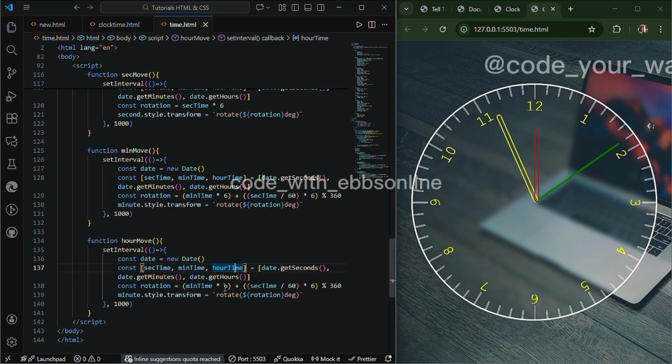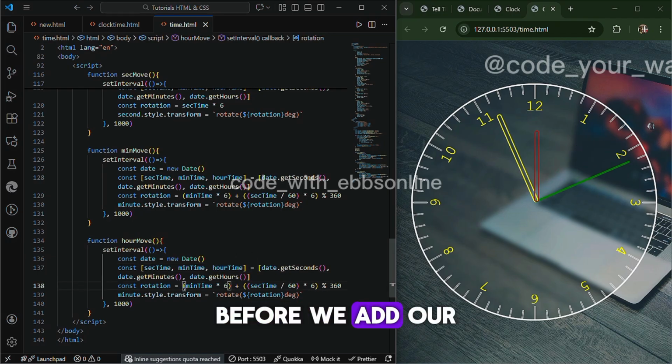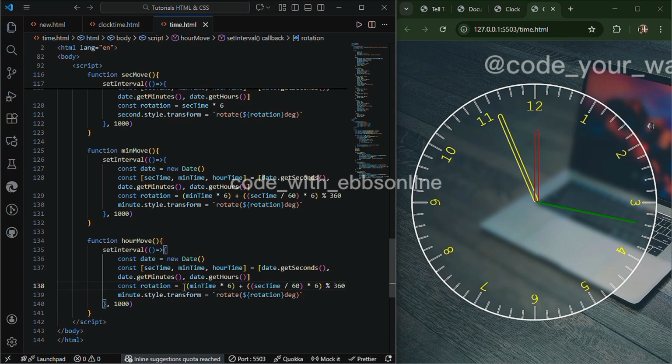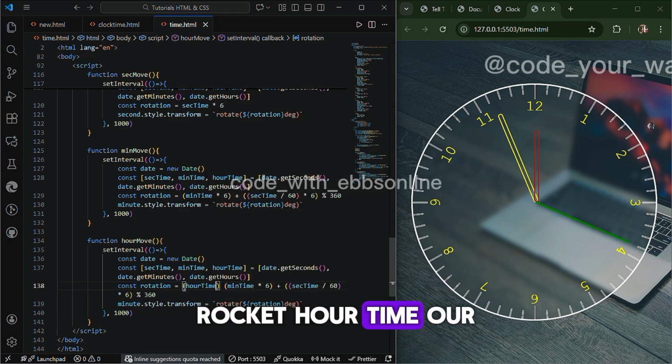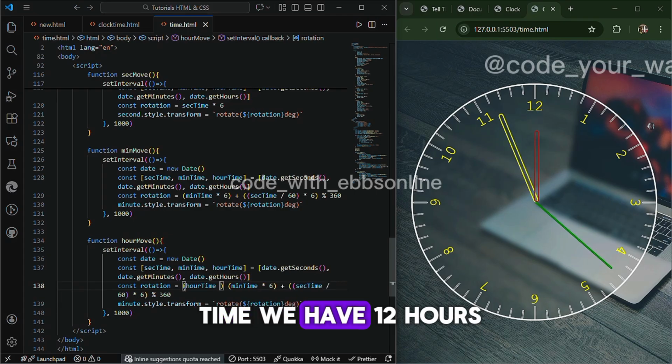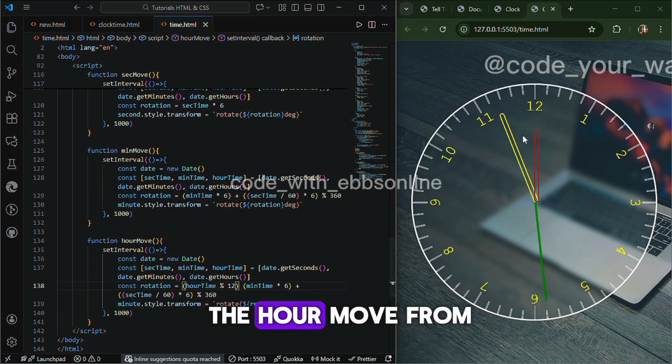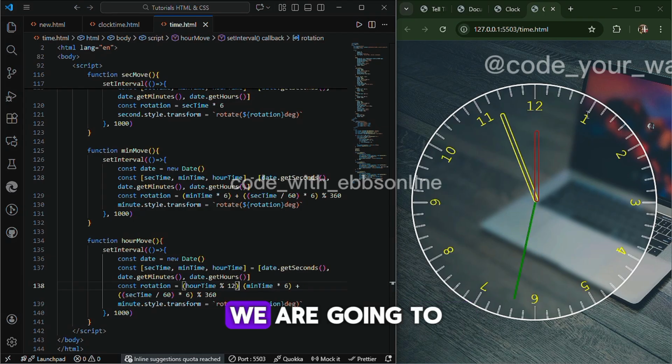So that one we'll do before we add our move. Then do bracket our time. We have 12 hours, so we are going to do the modulus divided by 12. So divide by 12. Then now, because the hour will move from here to here, we are going to